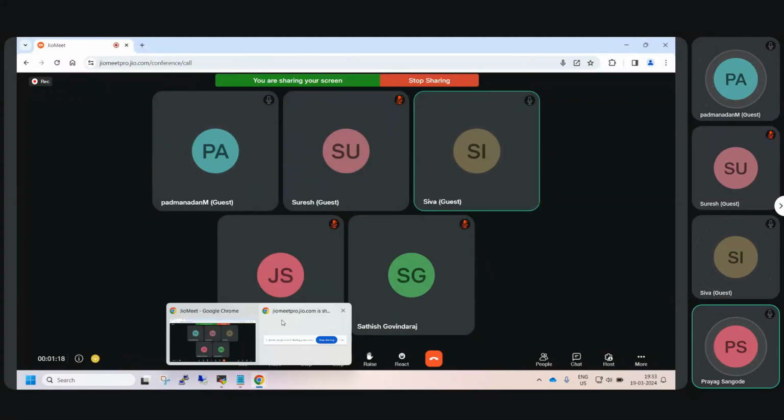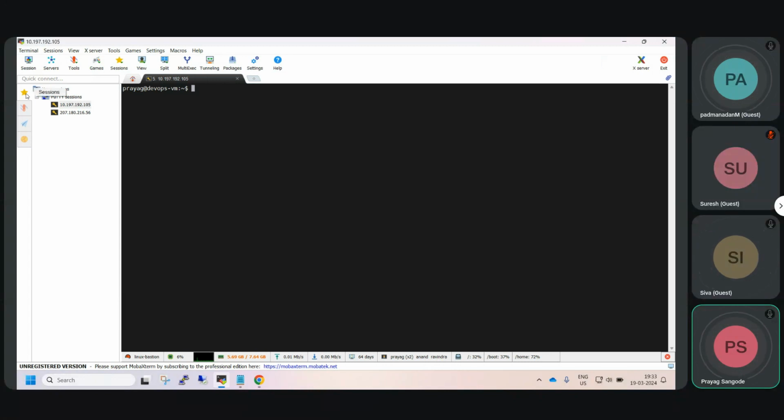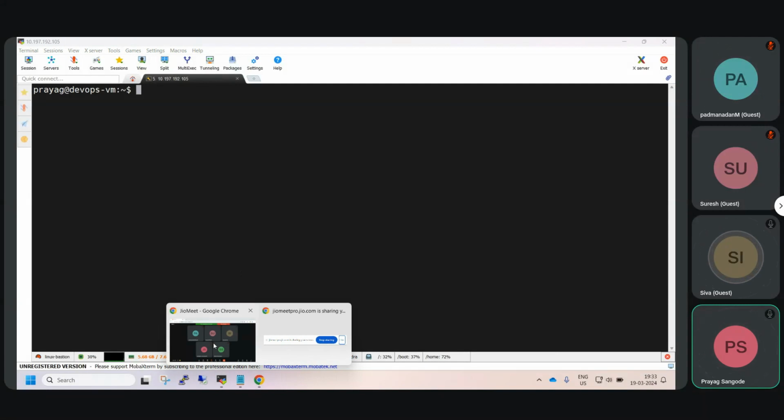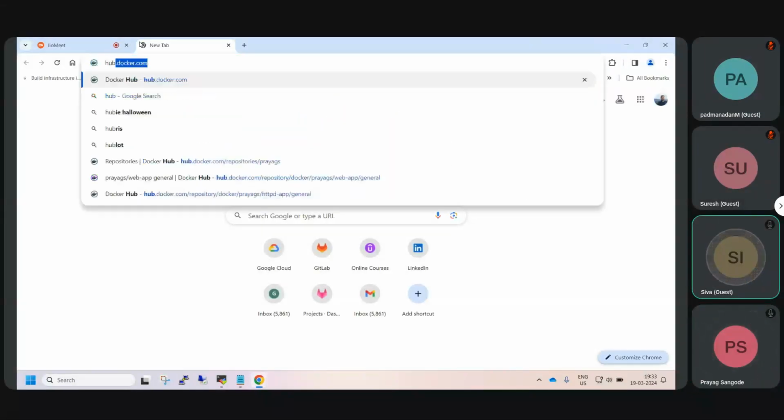And whatever we did yesterday will be repeated in today's exercise as well. So today also we'll create a custom image and then we'll push it to dockerhub.com. So what we'll do first is go to hub.docker.com